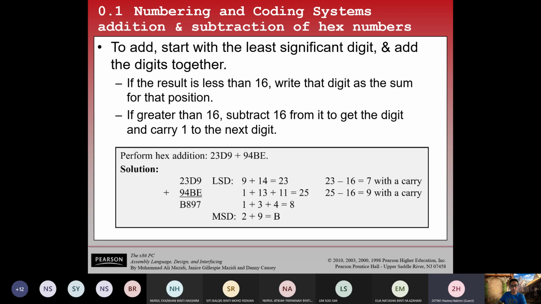Here E is equivalent to 14. So from D, you must take 1, so it becomes C. And then this digit 9 must be added